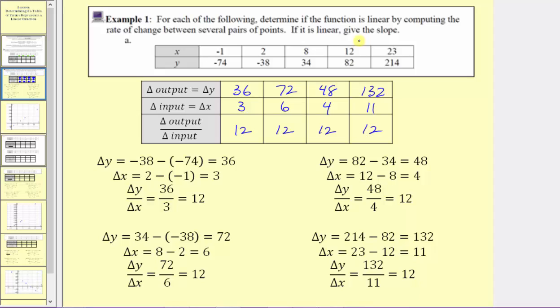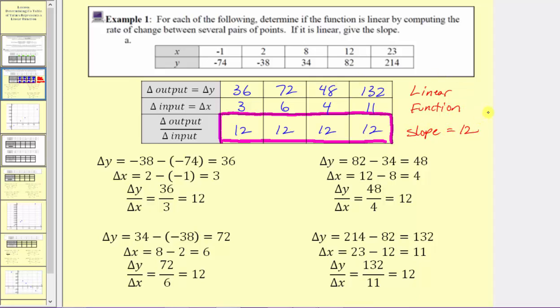So notice how, looking at the table, the rates of change between several of the points is 12, and therefore the rate of change is the same, so we have a linear function. So we have a linear function and the slope